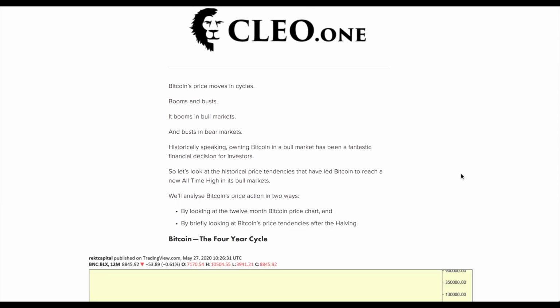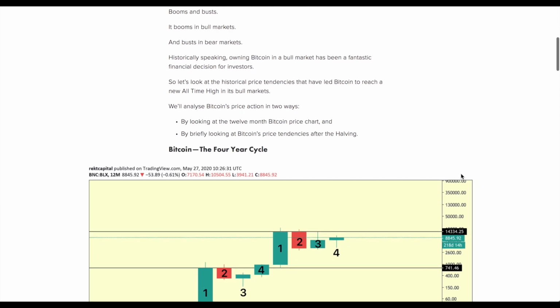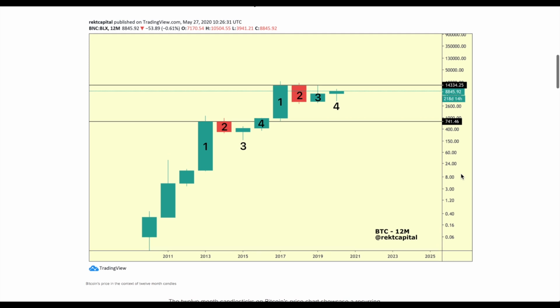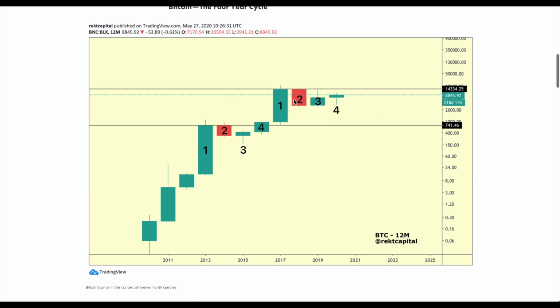And what we need to talk about when it comes to the 4-year cycles is that Bitcoin's price cyclicity is pretty evident if we dissect it into 4-year cycles. So the past 8 years, if we just dissect each of these candles, and remember guys, these candles are 12-month candles. So this is the 12-month time frame. Each candle represents 12 months, so approximately 1 year's worth of price action. We have 2 4-year cycles going on at the moment.